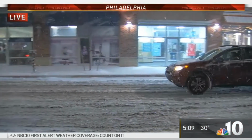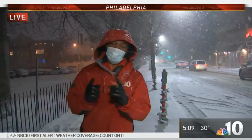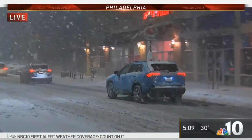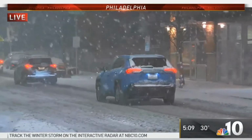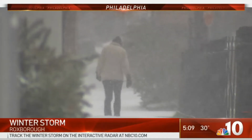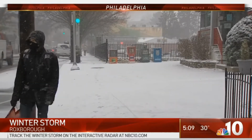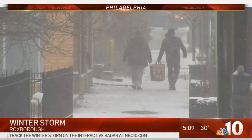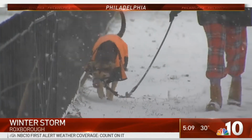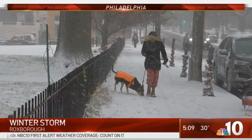The only difference is the traffic has slowed down considerably, which is a good thing, because usually around this time on most days, you would see the traffic would be a lot heavier as people were heading home from work. Now around 12:45, that's when the snow really started to pick up here in Philadelphia. It was a bit slow, but recently it's started to pick up progressively and become more significant as the evening has gone on. You take a look at video out here from Roxborough, you can see people walking around like they're in a snow globe, which is quite fitting given that it is the holiday